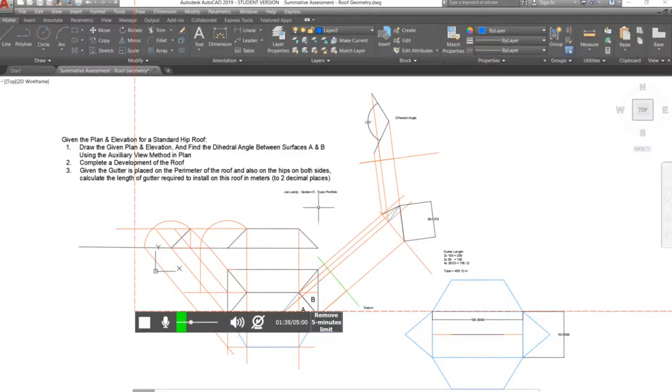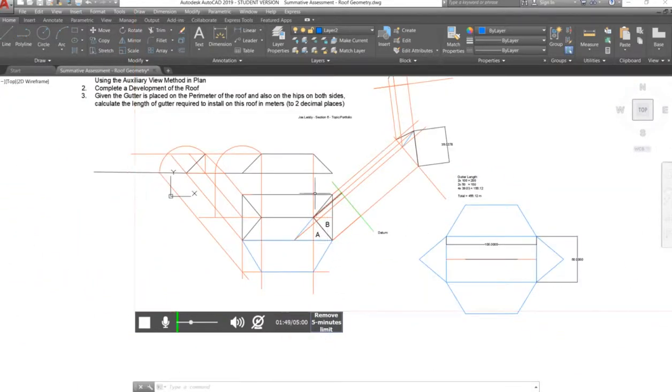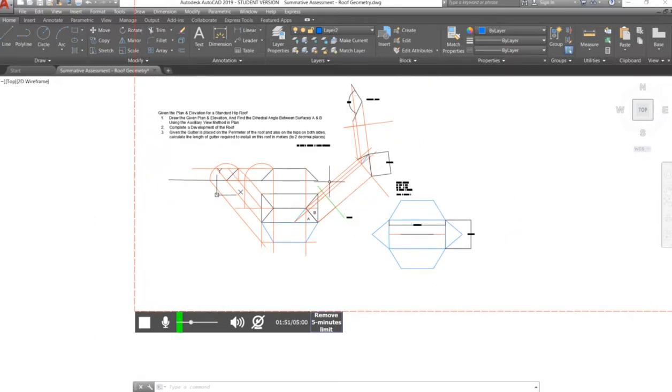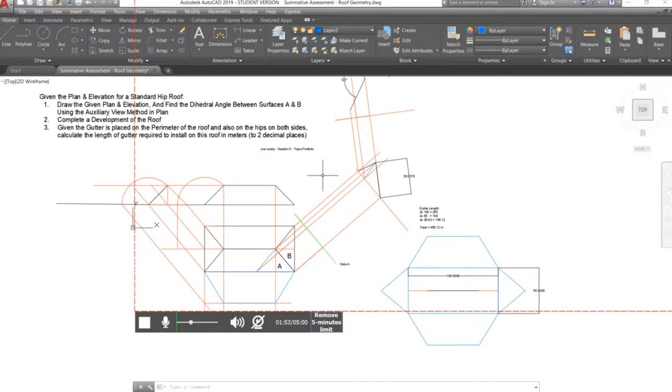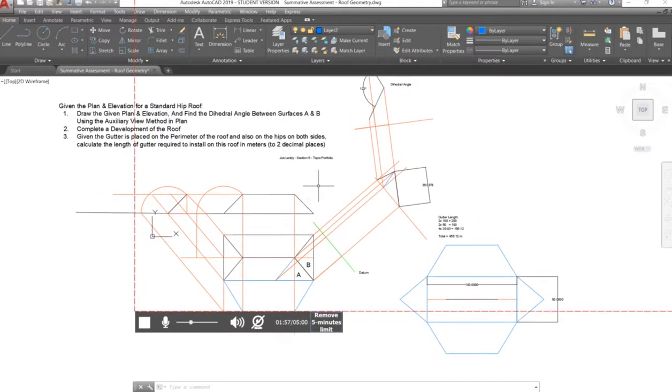In terms of assessment, it was given a standard hip roof. You're given the plan and the elevation, so you have to find the hip rule between A and B surfaces, which is here. The reason I chose this assessment and the design of the assessment was because it gave a nice summary of everything, key principles, so dihedral angle, rebatment, development,